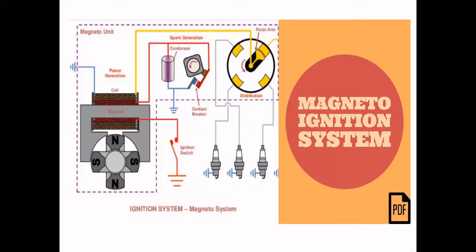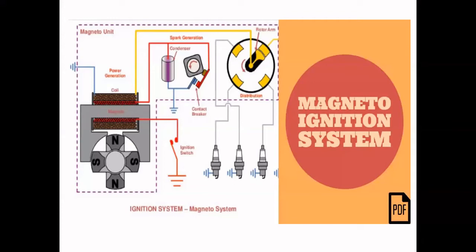You can see here at the bottom, this complete part is called the magneto, and you can see the north and south directions. The magneto is coupled to this coil also. Here you can see the contact breaker, which is another important component, and parallel to the contact breaker, a condenser is there. Condenser can also be called a capacitor.